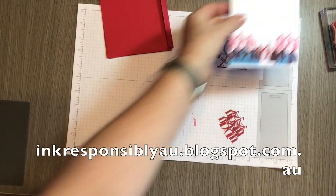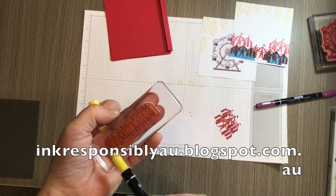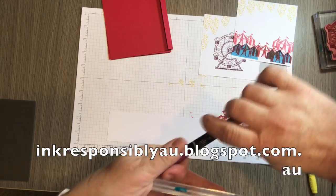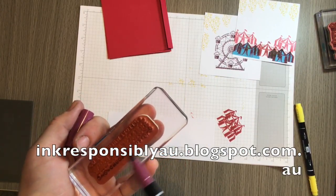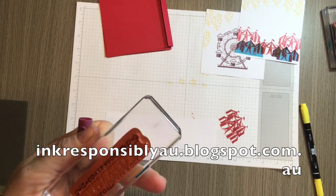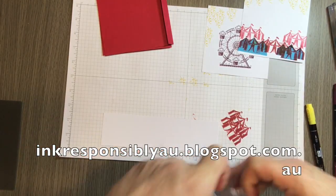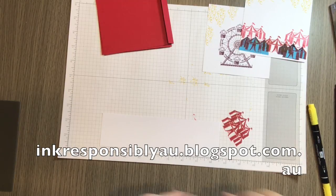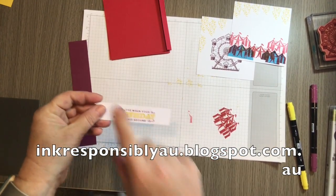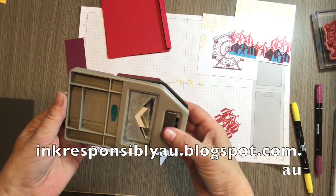Now using a scrap of Whisper White, and using my markers to colour my stamp, I always start with the lighter one first. And this is Daffodil Delight. And then I just go darker depending on the colours. So this one here is Rich Razzleberry. Don't forget to huff. And stamp. So I've trimmed this down to 1 inch wide, and using our triple banner punch, I'm going to